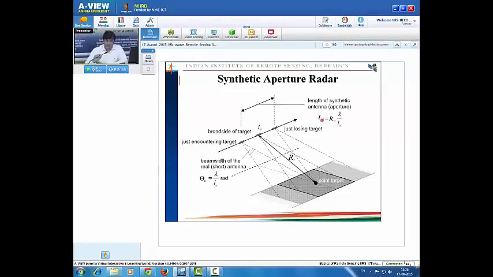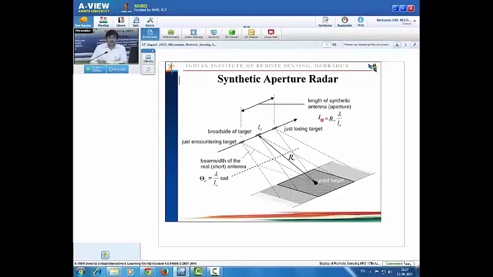Now, when we are talking about the radar sensor, then what is the need to say SAR, synthetic aperture radar? When a radar sensor is used, why are we saying it as SAR or synthetic aperture radar? Definitely there must be some reason. So here, when we are talking about the resolution,